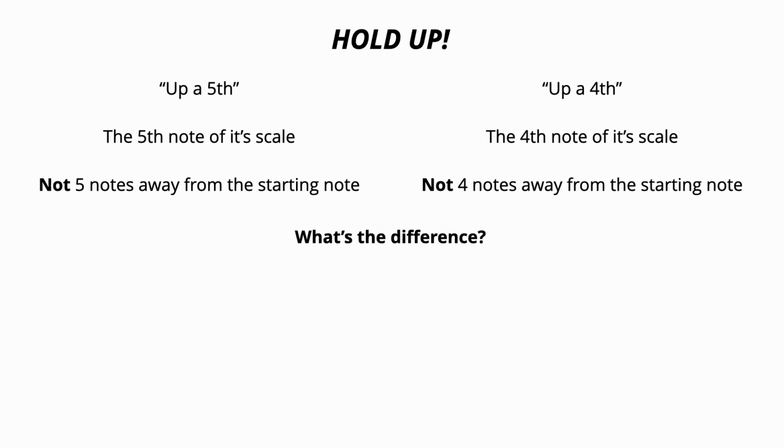Here's a major scale, the E major scale. If we number each note 1, 2, 3, 4, 5, 6, 7, 8 in order that it appears, you can see that we have note 1, which would be E. F sharp is 2, G sharp is 3, A is 4, and B is 5. So in this case, B is up a fifth from the E note because it is the fifth note of